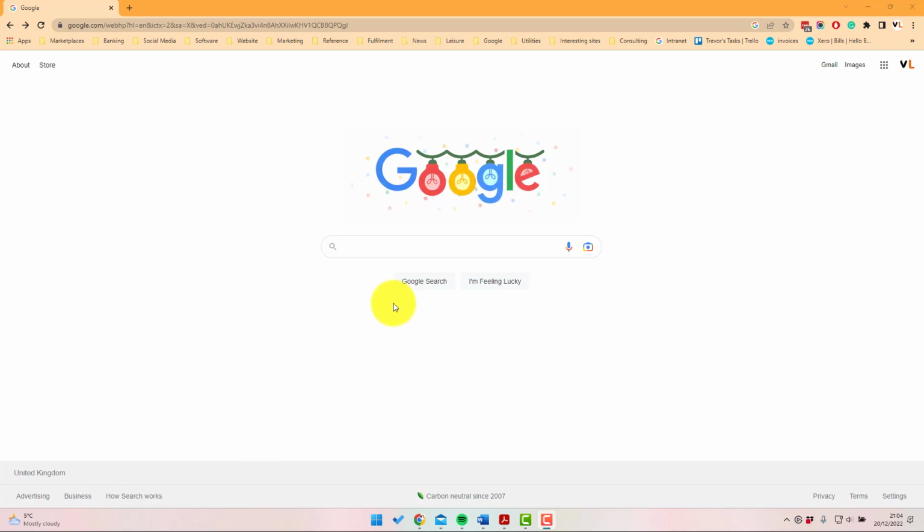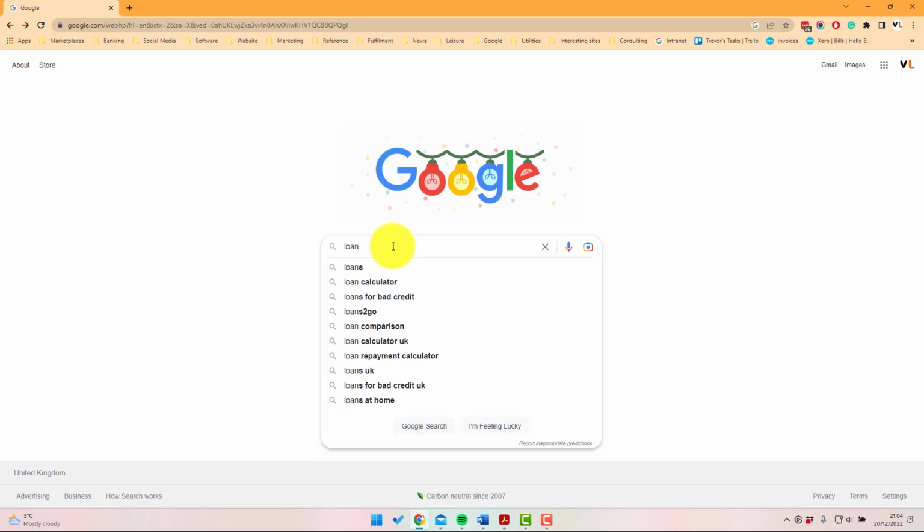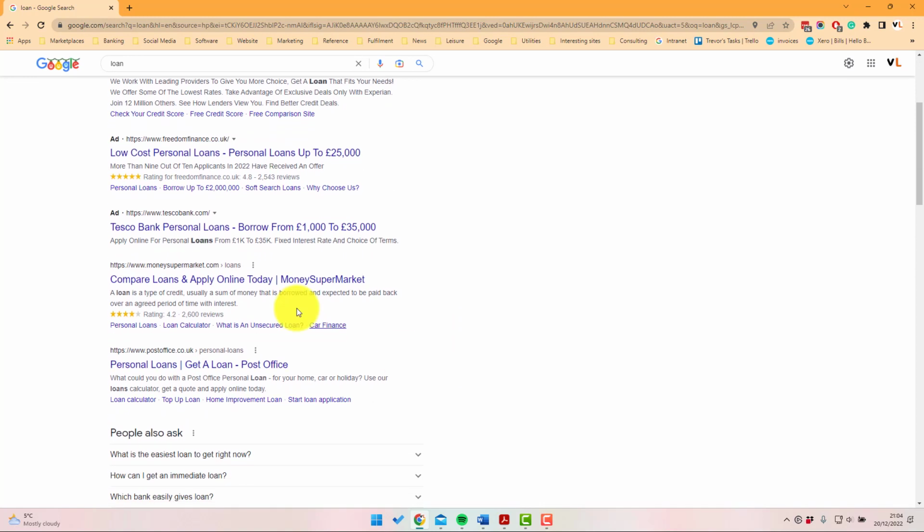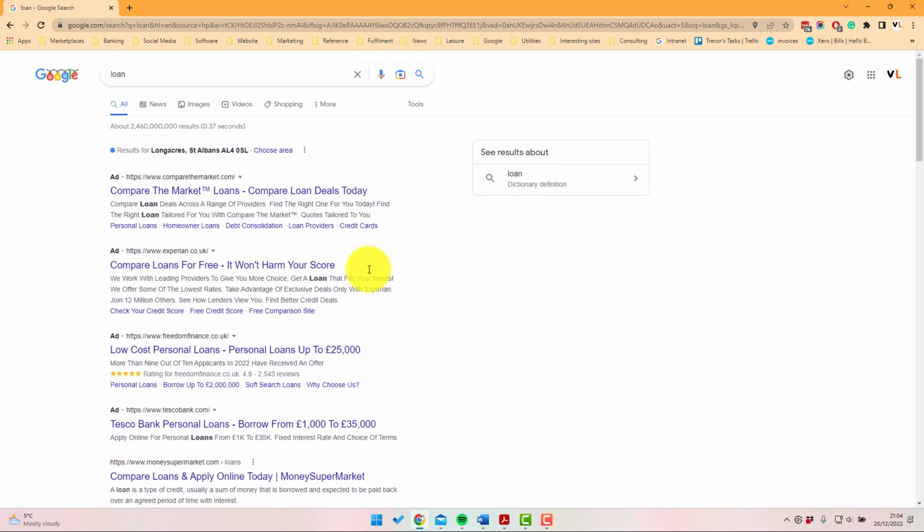For example, if we search for loan, Google displays a list of results. This page is known as the search engine results page. This page will contain a number of adverts. There's 1, 2, 3, 4 adverts at the top, and a number of so-called organic results which aren't paid for. These ads here are triggered by the keyword loan, which the user uses. These adverts have specified loan as a target, which means that when the user searches for loan, those ads will